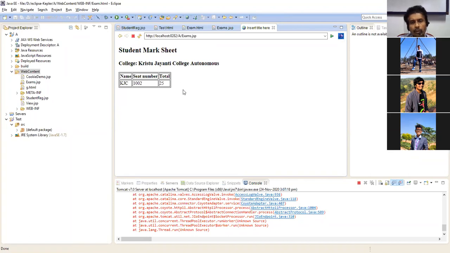So you're getting the output as 25. Yes, sir. Is it clear, students? Yes, sir.